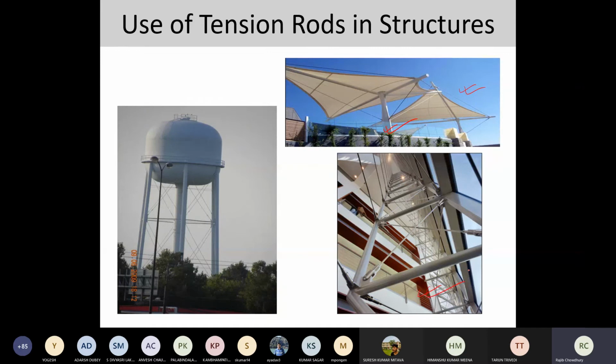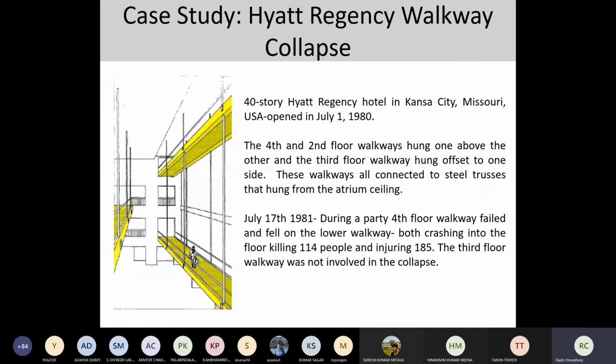This is one of the structural components of the structure. If you look into the mobile tower, these particular rods are being utilized for making a cross bracing. Similarly, over here on the overhead water tank, the cross bracings are being utilized to provide lateral load resistance.